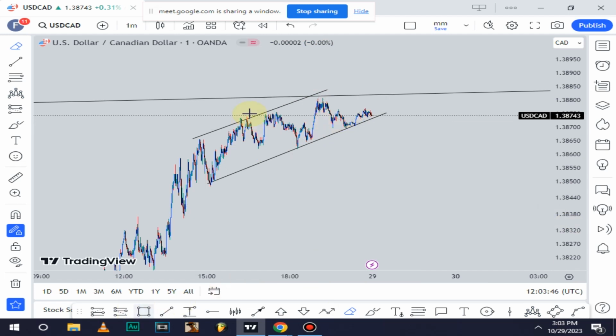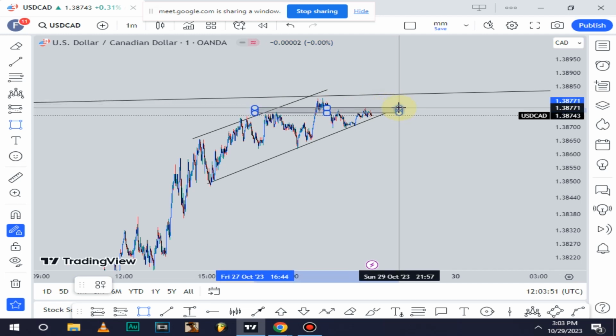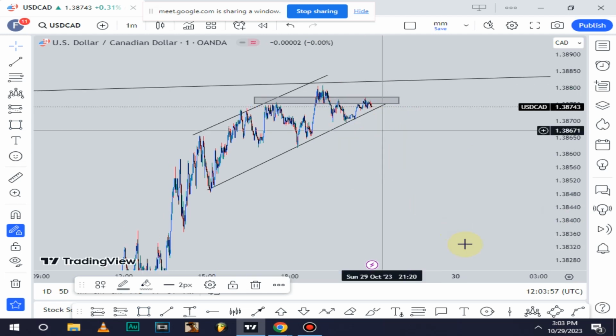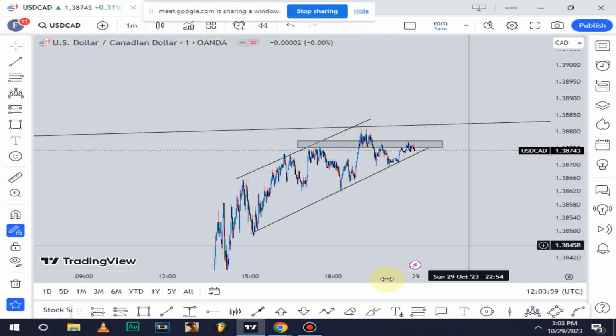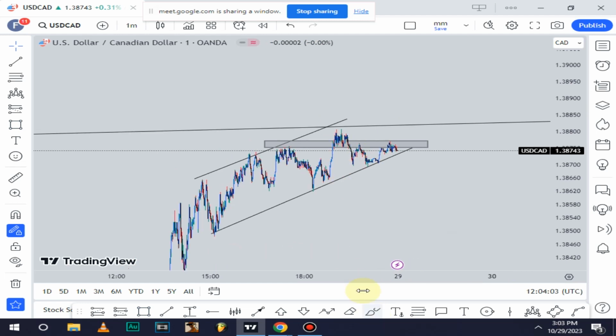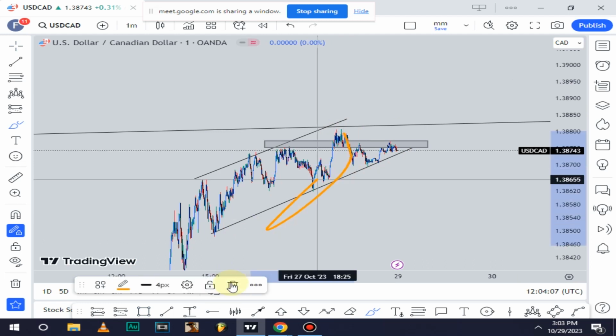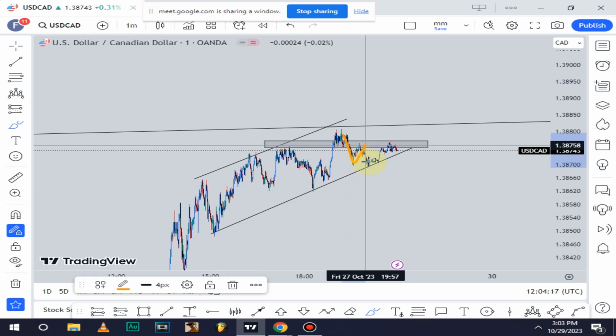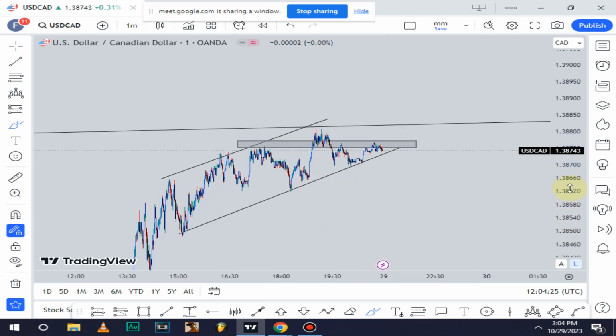Now if we identify this as a high from that left shoulder perspective, we can also see that the market is somehow respecting that zone. This is the 1 minute. Okay, and then at the same time I can see some sort of a lower low and a lower high. Lower low, lower low, lower high, low. I don't know if this is a lower high, so probably that might be a continuation sign too, because usually